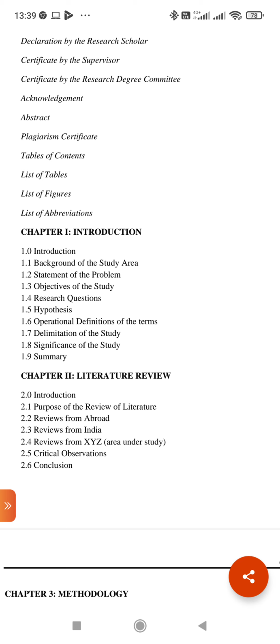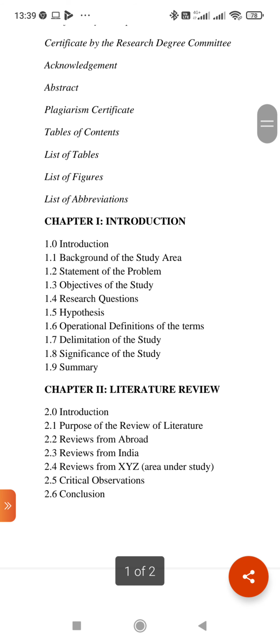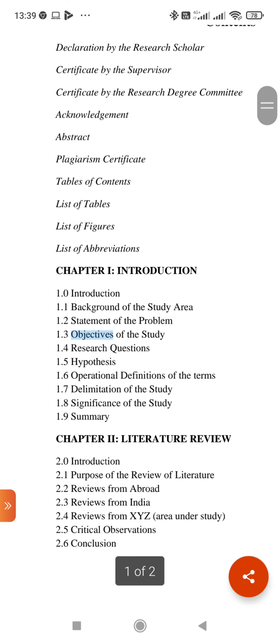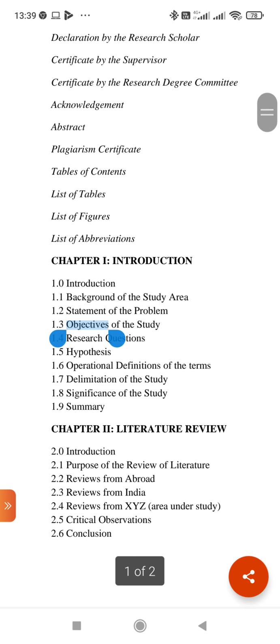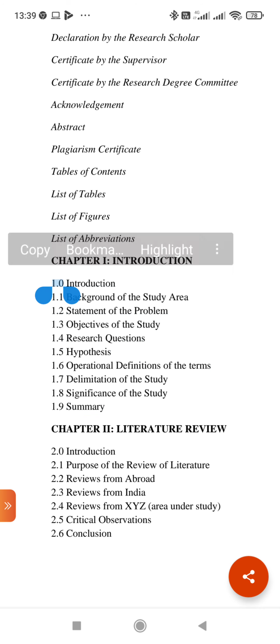While numbering, remember that everything here is coming under the first chapter, so it's 1.0,